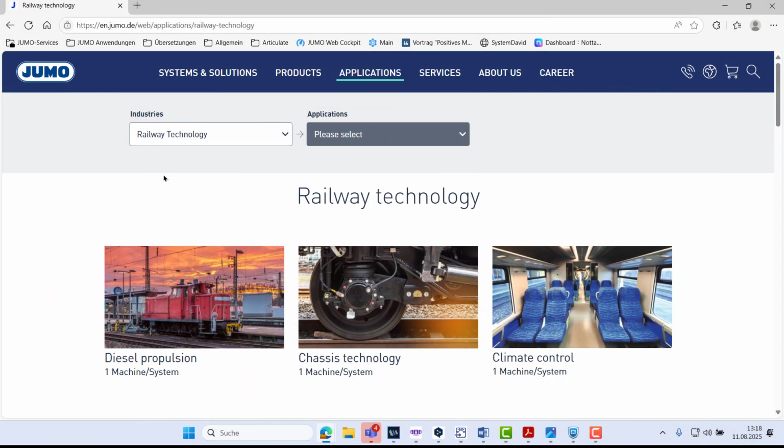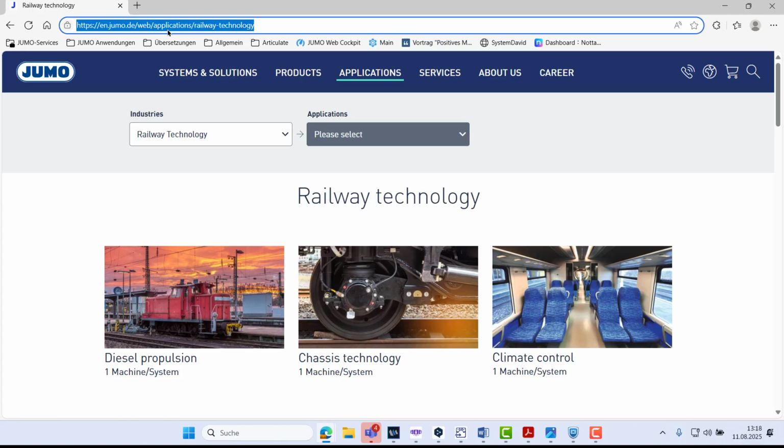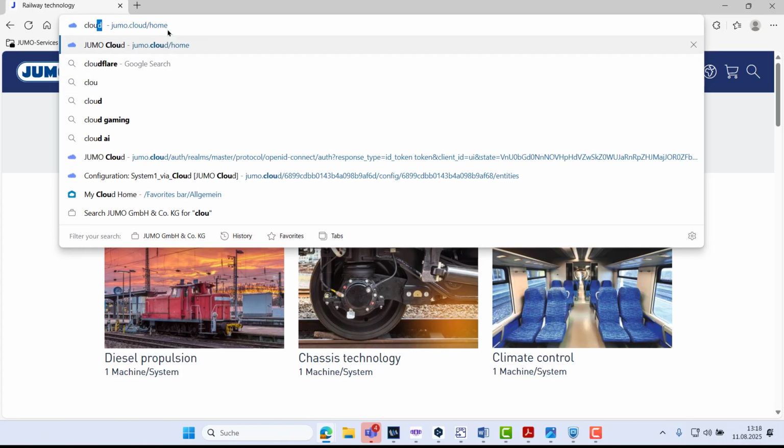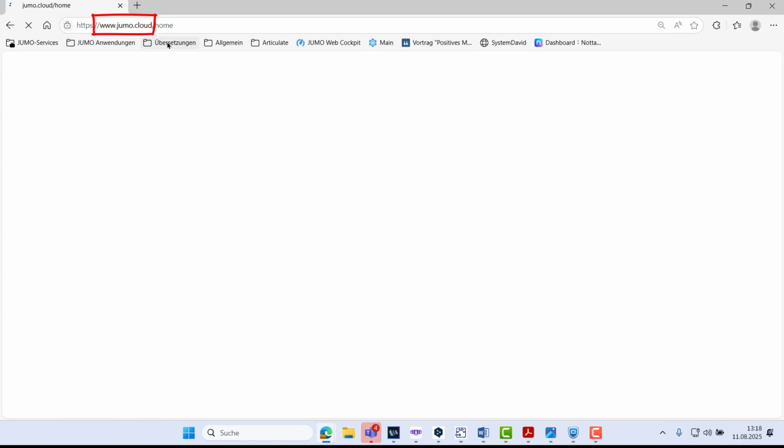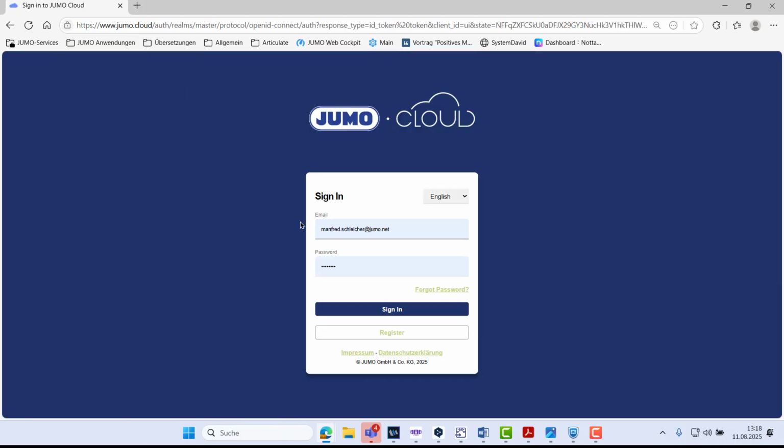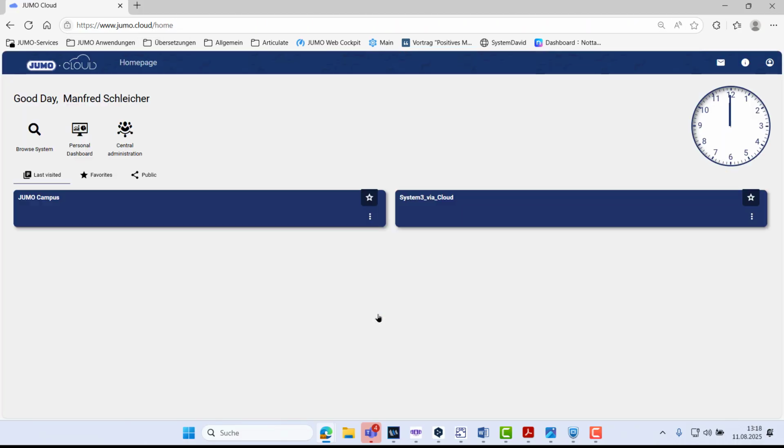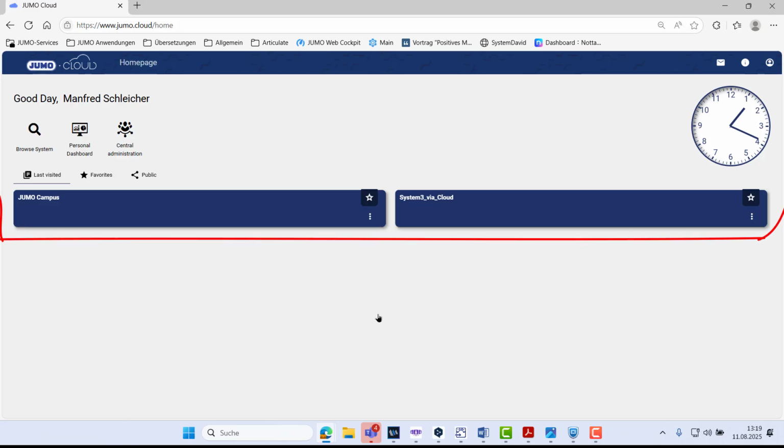Tenants find application in the Yumo Cloud. They divide and structure the cloud. This section of the cloud can then be used by specific users. I open the Yumo Cloud and log in with my user ID. Now I can work with all the tenants that have been approved for my user. Here you can see the 2 tenants that were last accessed.